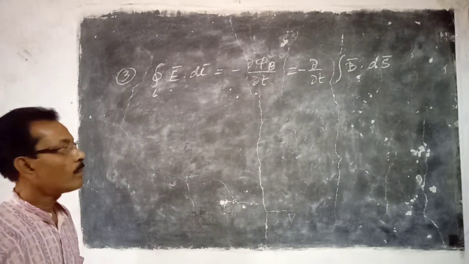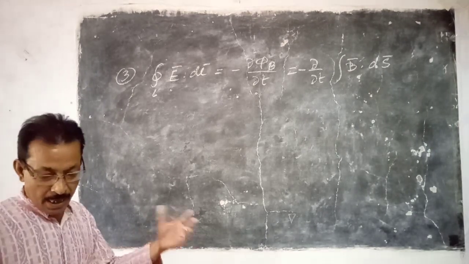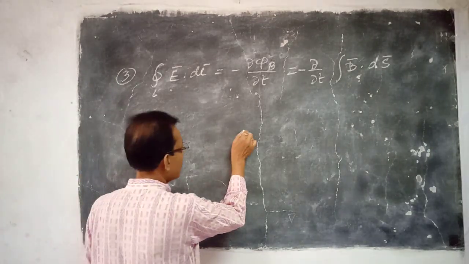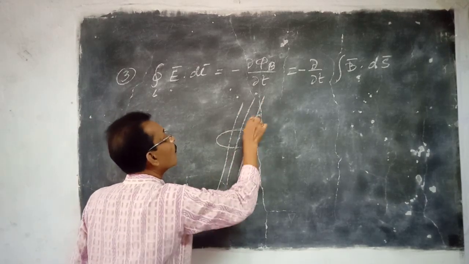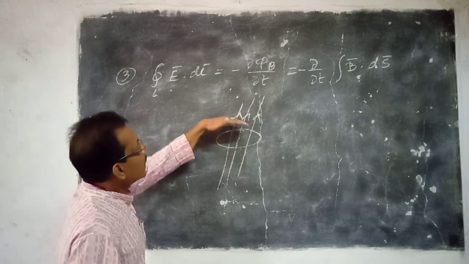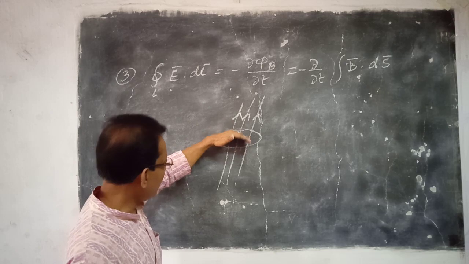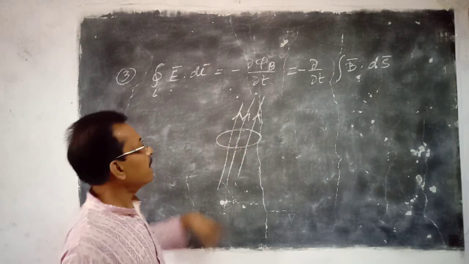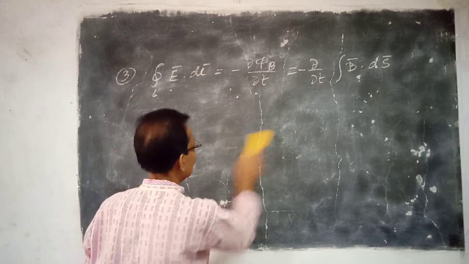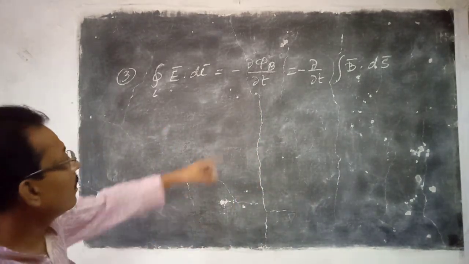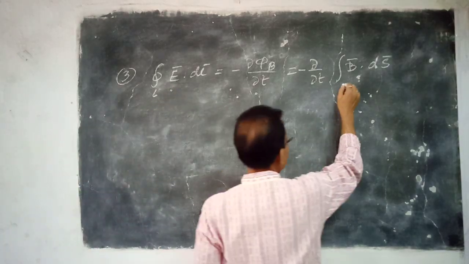Okay. Now here the surface is not closed, it is an open surface, because you have a surface area. Suppose you are considering this one, magnetic flux is going like this. So the lower surface, upper surface is not a closed one, it's an open surface. It is extending from minus infinity to plus infinity. Now this is a line integral, and this side is the surface integral.